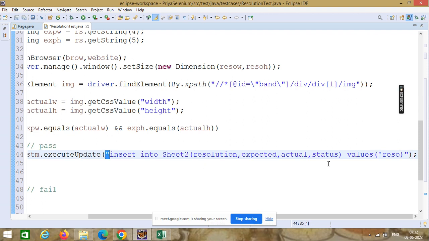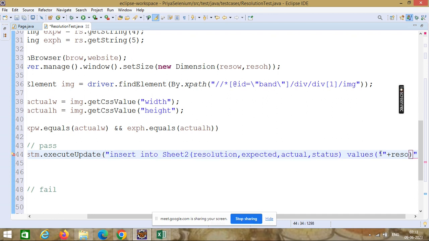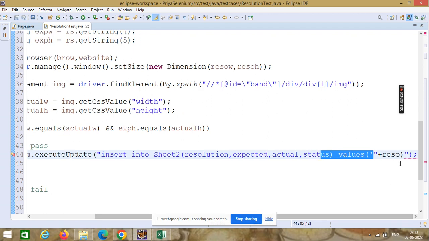The double quotes start here; we have to terminate the double quotes and write plus. This means this is a message. Like when I was writing hello plus A, if Parag is coming in A, then hello Parag. If Piyush is coming, then hello Piyush. Similarly, double quotes start, double quotes end. This is one complete string. With this string, I have added the variable information RESO.